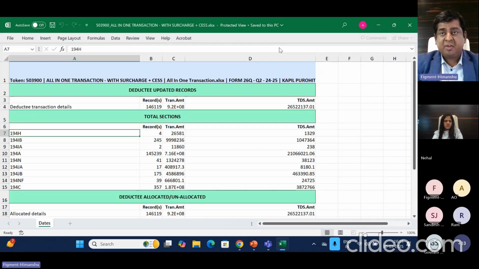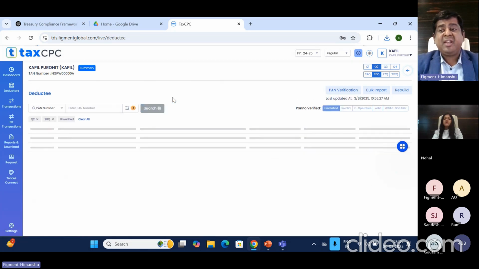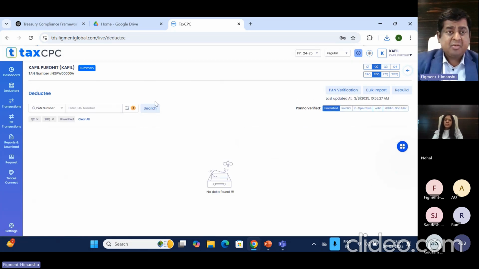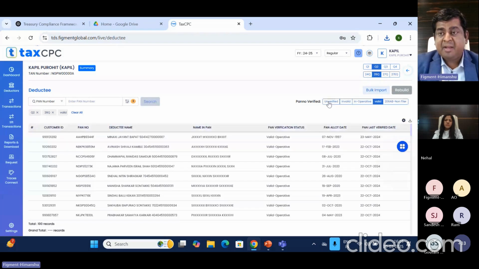तो इट इज अ वेरी सिंपल प्रोसीजर फॉर द इंसर्शन ऑफ द डेटा। अब नाउ हमने डेटा इंसर्ट कर दिया। इंसर्ट करने के बाद, इसके अंदर डेटा में कुछ एरर है क्या, ये हमको अगर चेक करना है, तो इसका हमने टू स्टेप सिंपल प्रोसीजर बनाया हुआ है। जैसे आप डेटा इंपोर्ट करेंगे, आपके जितने भी डिडक्टिव हैं जिनका आपने टीडीएस डिडक्ट किया, वो यहाँ पे ऑटोमेटिकली क्रिएट हो जाएंगे। तो जैसे डिडक्टिव आपके क्रिएट होंगे, यहाँ पे आप देखेंगे कि कुछ पैन नंबर वैलिड एंड ऑपरेटिव हैं। हमने 5 टैब बनाए: अनवेरिफाइड पैन नंबर, इनवैलिड पैन नंबर, इनऑपरेटिव पैन नंबर, वैलिड पैन नंबर एंड 206AB नॉन फाइलर।